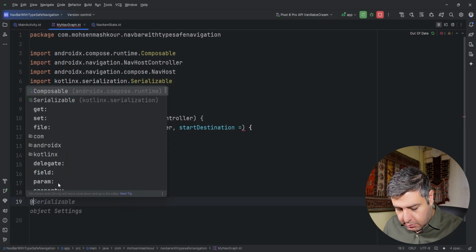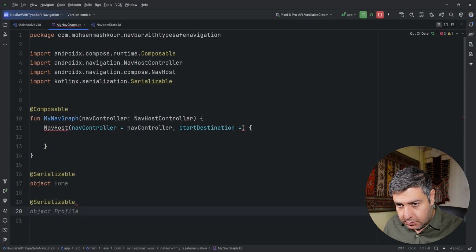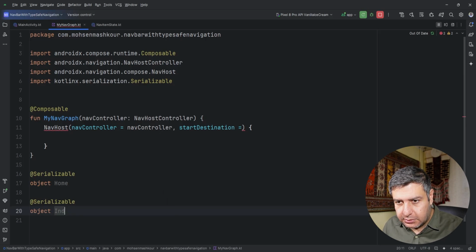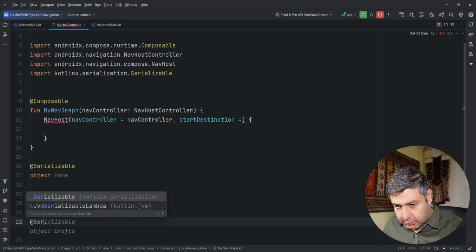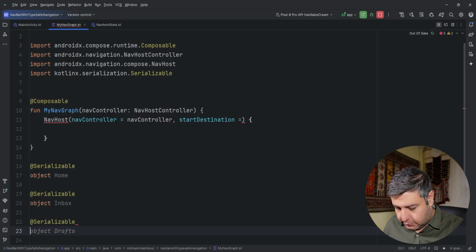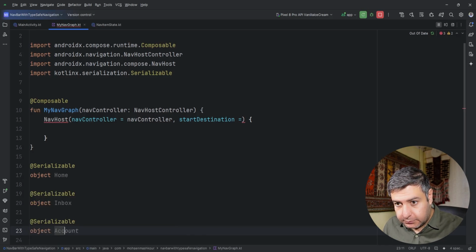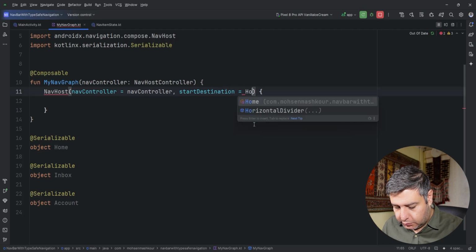Assign serializable object index, not index, inbox. Assign serializable object account. Okay, so for the first one we are going to use home,